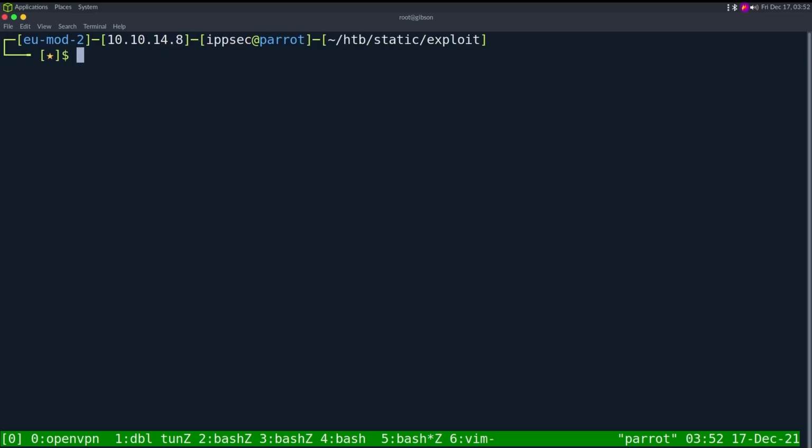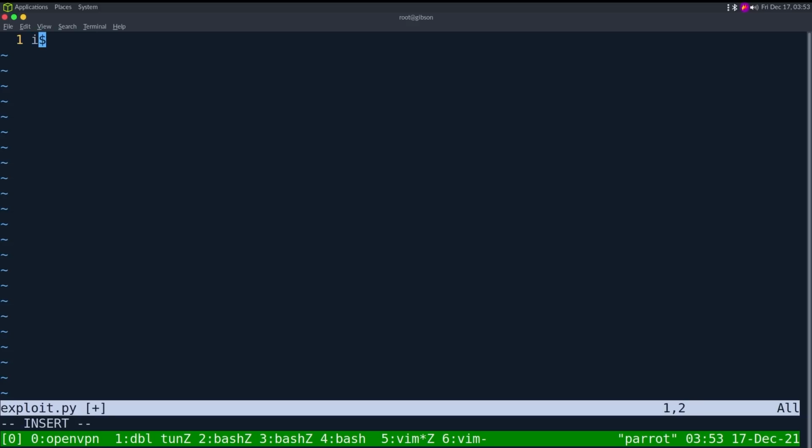So we have the basis of what we want to do to create a Pwn script, at least to leak an address. So let's create the script, and then after we create the script, we'll verify that we did all the calculations correct, and we'll go into how to overwrite a variable. So I'm going to call this exploit.py, and we'll start our Pwntools script. So we'll do from pwn import star